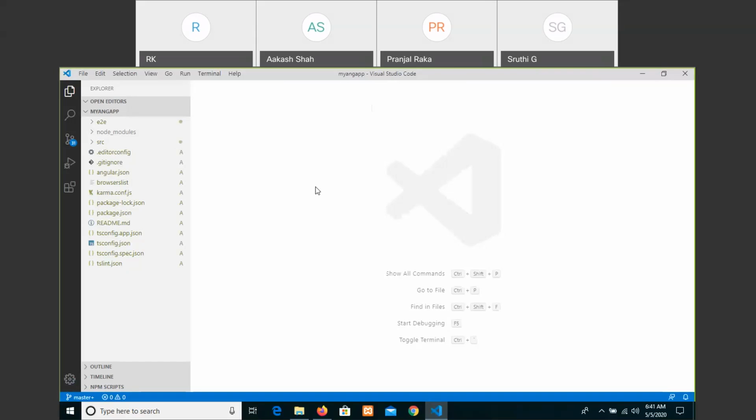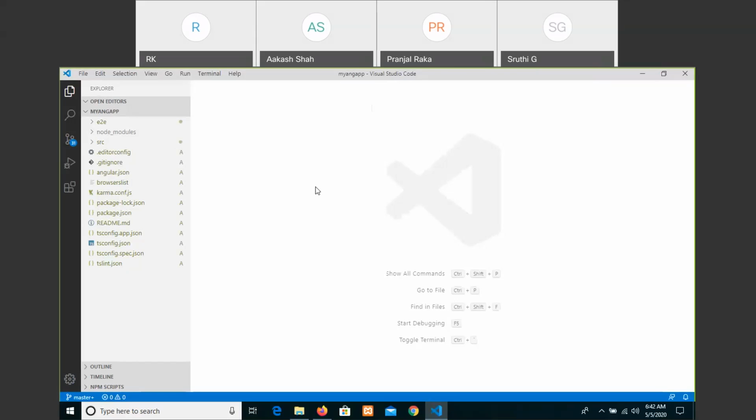And additionally, what are the differences that we can have comparing Angular and React.js? Let me list out a few things. Of course, both are used for developing single page applications.